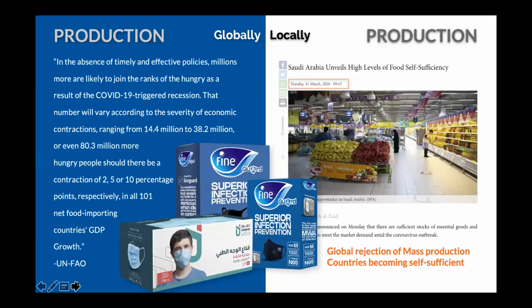Coming to another important point that we would like to mention here is production. During the pandemic, we all noticed that there was a lack of production and supply of goods. And according to an article published in the Zine, stating 7 predictions for the changes that might occur after the pandemic. One was that globally there will be a mass rejection of mass industry,